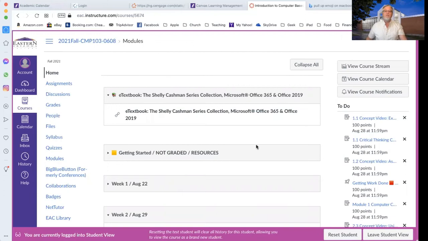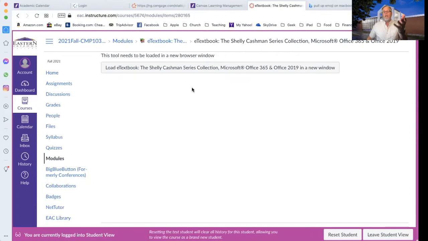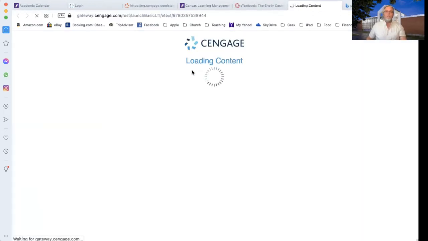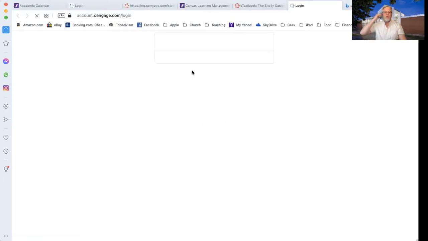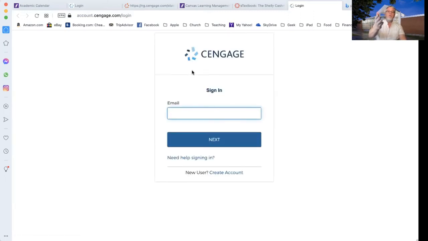I am in student view, so this is what you would see. And I'm actually going to click this e-textbook link right here. But once you do that, it says, hey, this tool needs to load in a new browser. That's going to be very typical. You're going to see that all the time, not a new browser window, but you're going to come to this